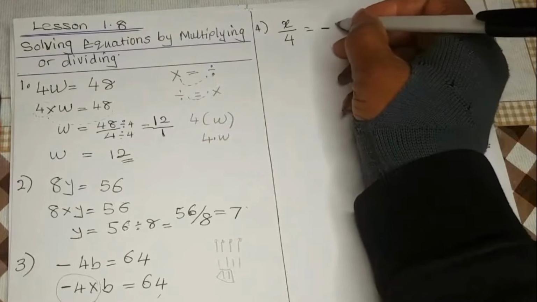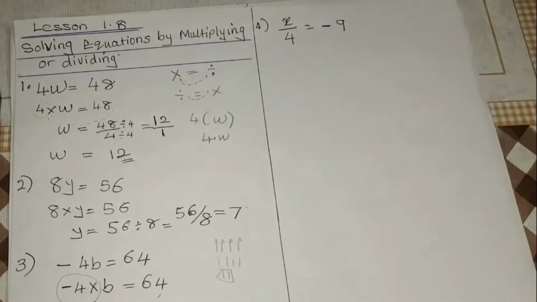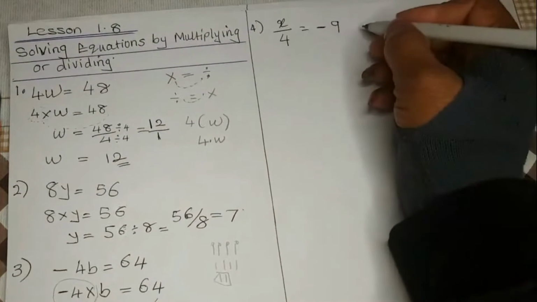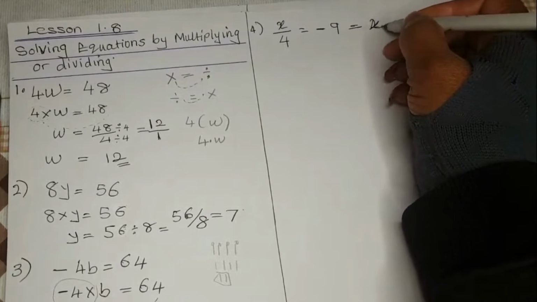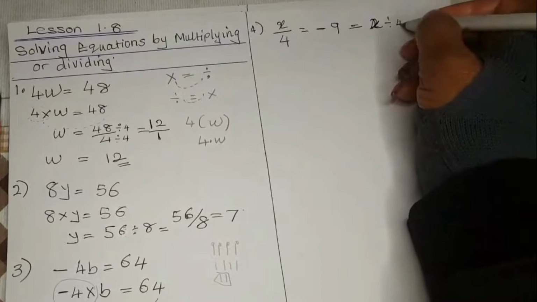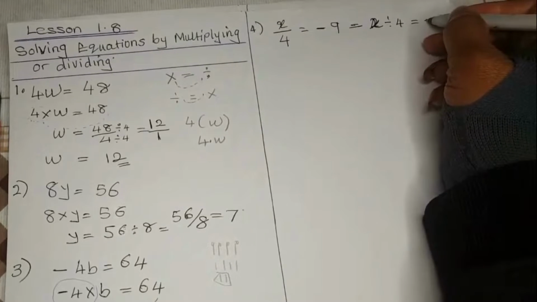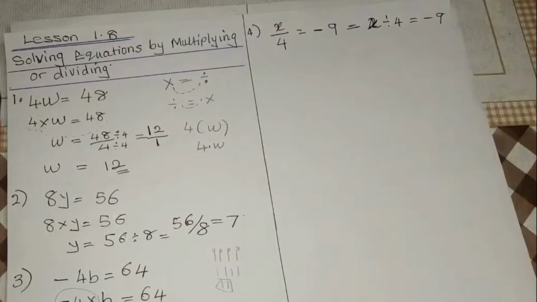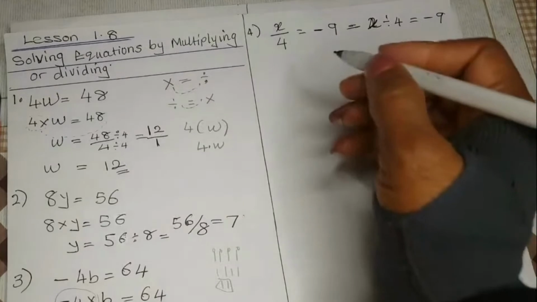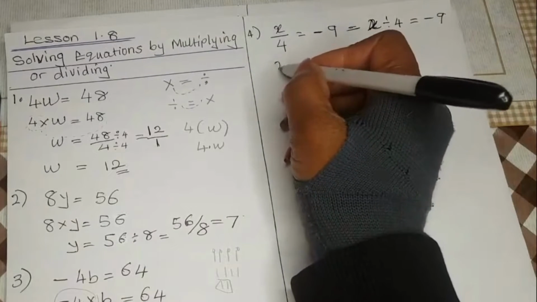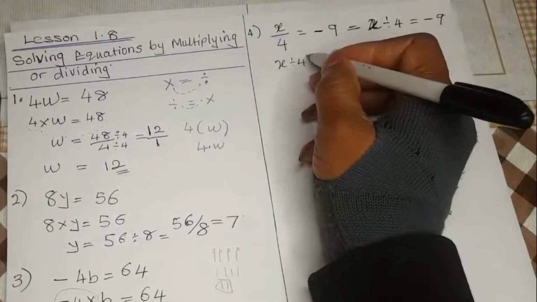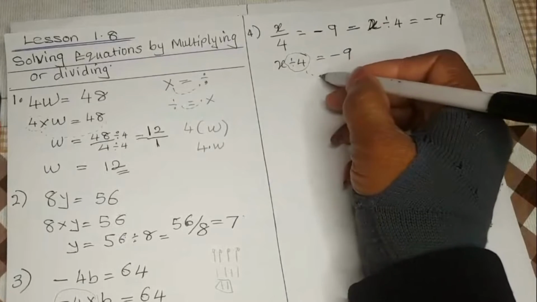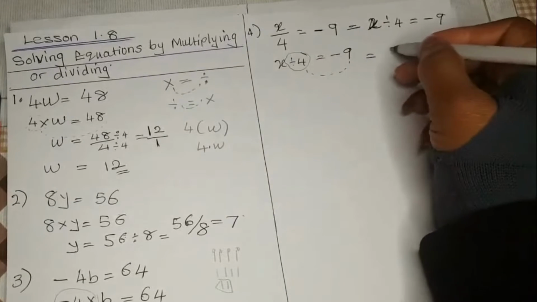equals negative 9. This basically means x divided by 4 equals negative 9. Remember, there is a negative here, which means one of the numbers is negative, so the answer must be negative. We have x divided by 4 equals negative 9, so we are moving this over here. It's going to give us x alone,